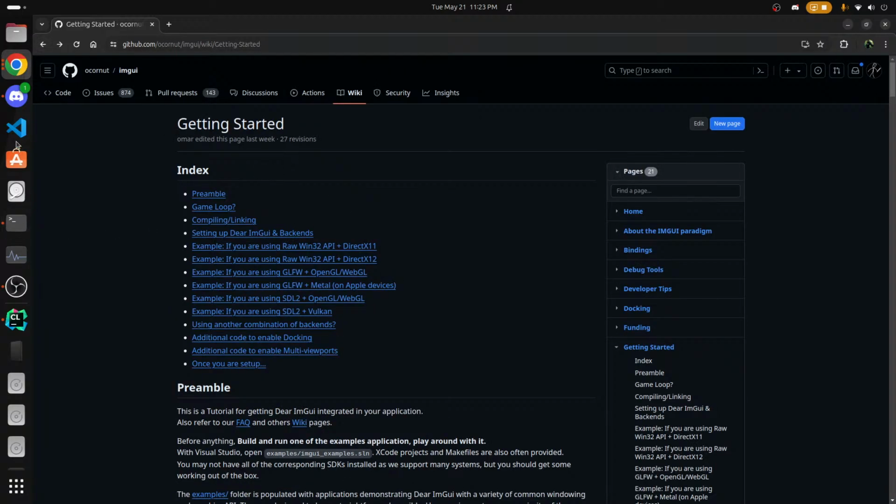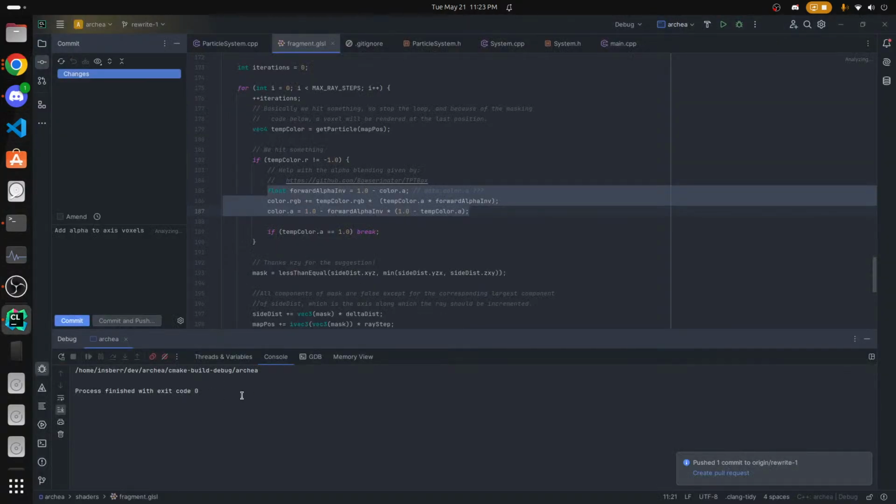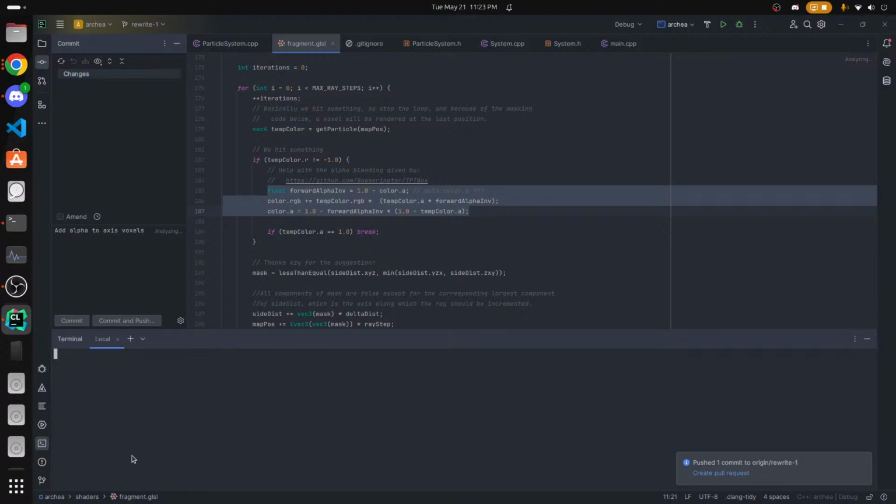So, CLion, let's get a terminal open. Try git clone. Actually, let's make new